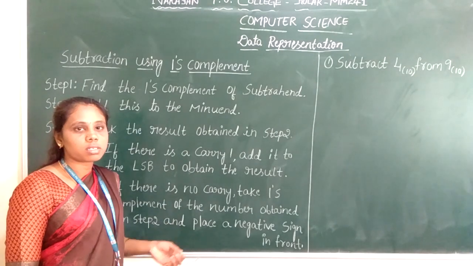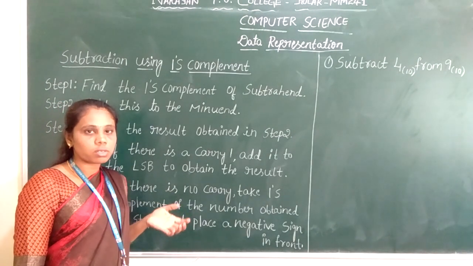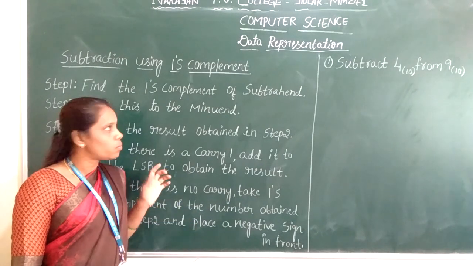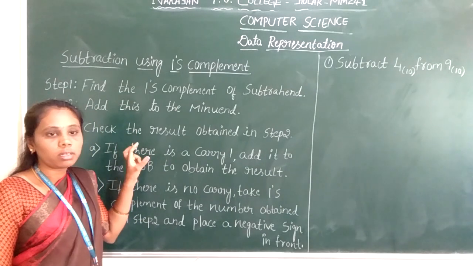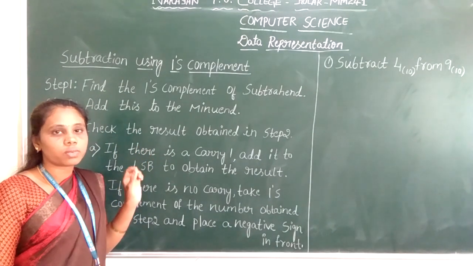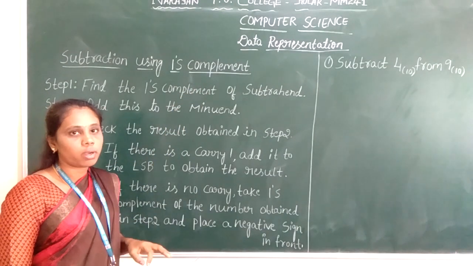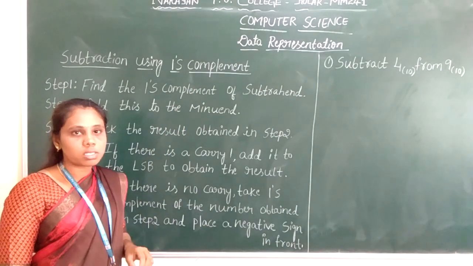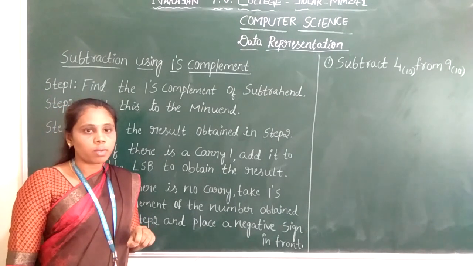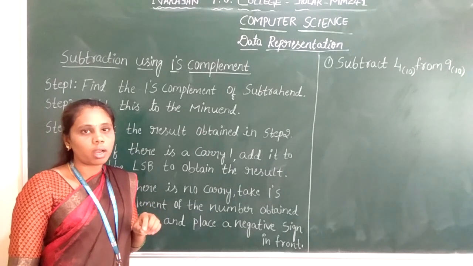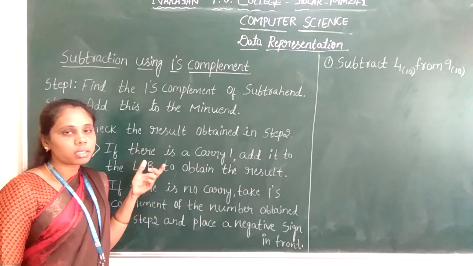So now we have discussed binary subtraction, but in computers the process of subtraction is not used. In computers we use the complemented form of subtraction. So we have two different types of subtraction: subtraction using 1's complement and subtraction using 2's complement. Now we will see subtraction using 1's complement. We have already discussed what 1's complement is: we obtain it by changing each 0 to 1 and 1 to 0. Using that method we can subtract the given numbers.